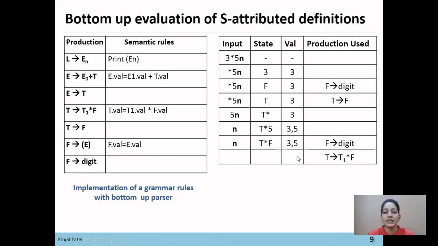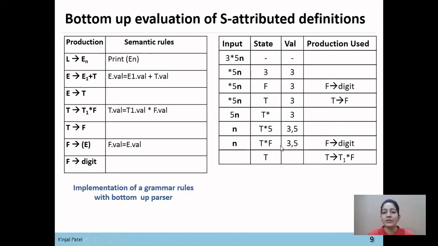Now this T1 star F will be replaced by this left hand side T. So here in state T star F will be replaced by T, but in the value attribute the 3 star 5 operation will be performed.